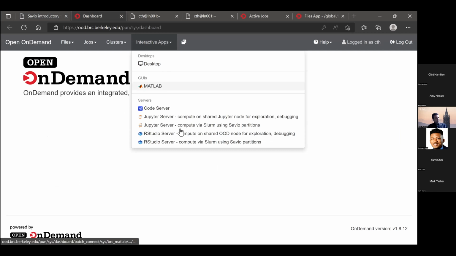You'll note there's several options here. In particular, for RStudio server and Jupyter server, there's two options. So there's compute on a shared node for exploration or debugging, and compute via Slurm using partitions. If you're going to do the compute on the shared node, this is going to give you access to very minimal computing resources. So I would suggest that you only use this if you're just doing some basic testing. What packages can I import, for example? If you're going to try running seriously intensive code, you're going to want to use the compute via Slurm and